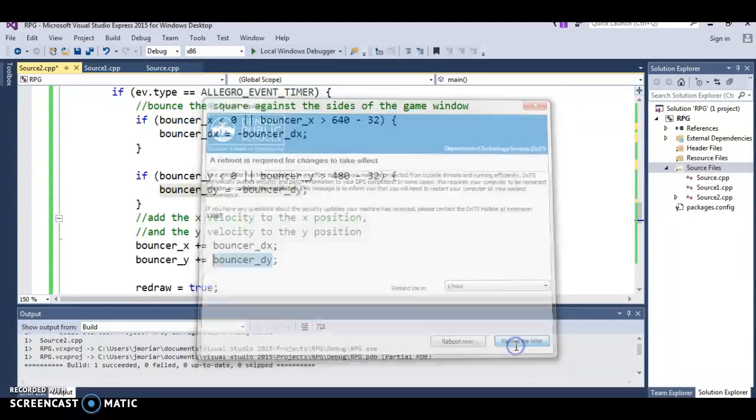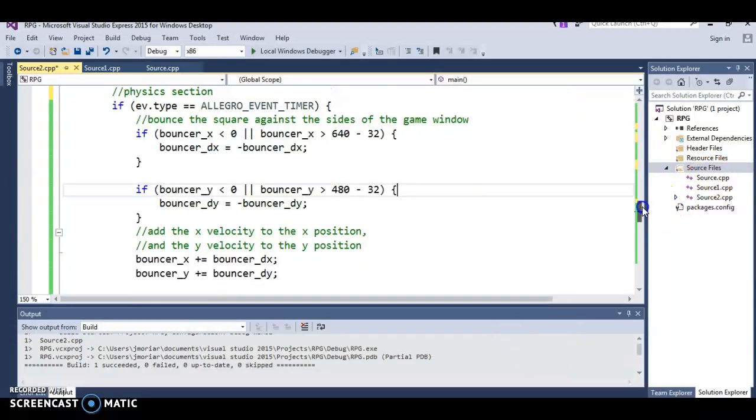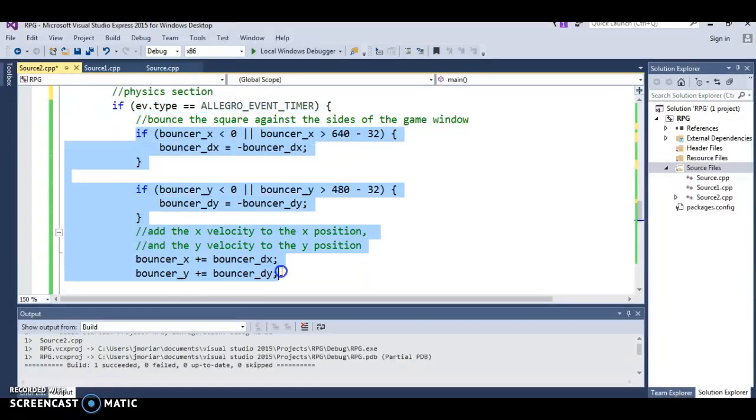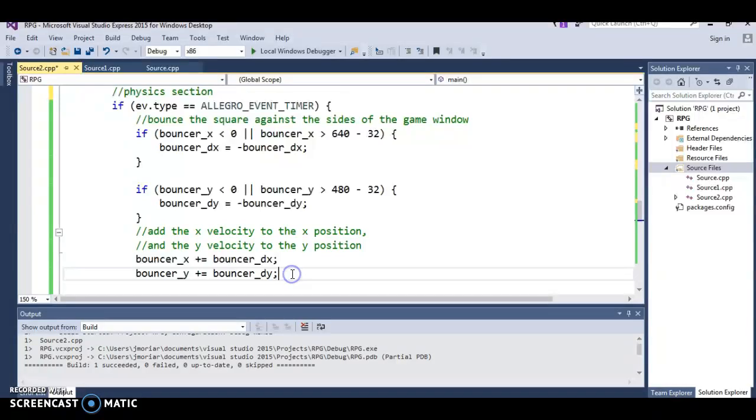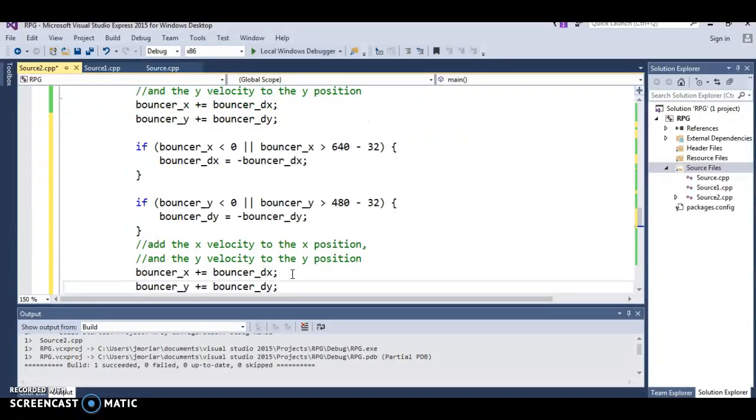Okay? So sorry about that. I hate that thing. Now, when you do your copy pasting here, please don't make another timer section. You should only have one timer section in the game that you make. Instead, what you can do is you can copy paste the guts of it, like this part right here, and set it up for bouncer 2. Okay, so I'm just going to go through bouncer 2, bouncer 2, bouncer 2,